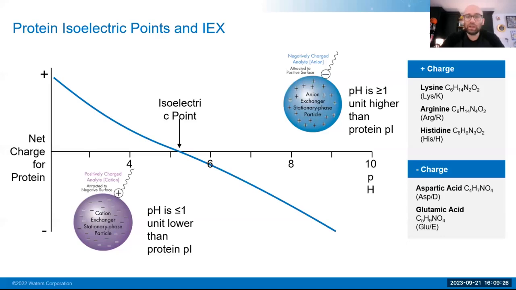And again, when we look at pI, what we're specifically talking about is the pH at which the net charge on the protein is 0. And then above that and below that, you'll have your negative and positive charges. What you want to understand and characterize are the actual amino acids present and how they contribute to either a positive or negative charge. So all this information is going to be critical to understand whether to choose an anion exchanger or a cation exchanger, and how you should develop your methodology in terms of pH and salts as well.